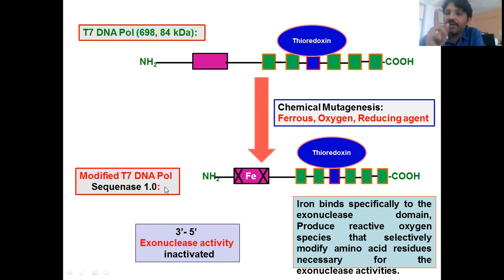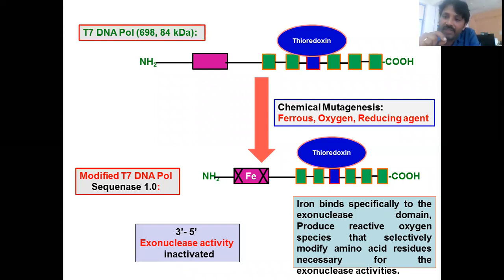This is the first sequencing one. That's sequenase 1. So modified T7 DNA polymerase is sequenase 1.0. But chemically, it is not possible to inactivate every protein molecule, right? So if that is the case, some of the enzyme molecules may still have the exonuclease activity,